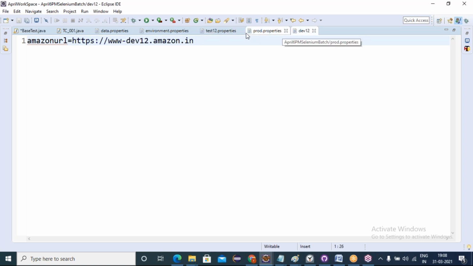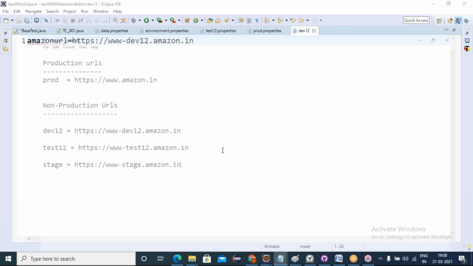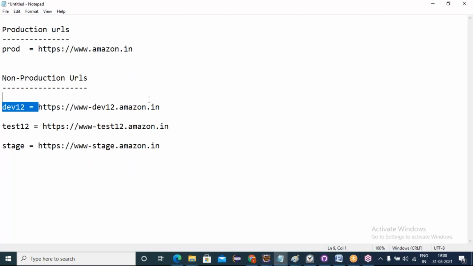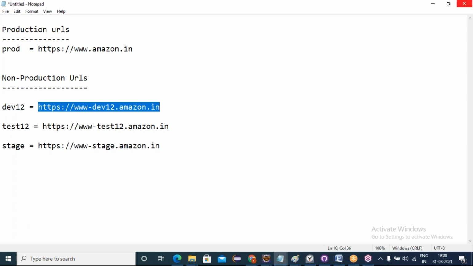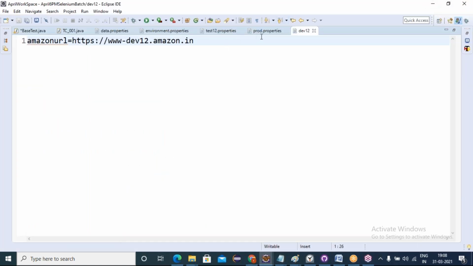One second, what is the issue? You are missing the dot properties for the dev file. What is that? The extension is missing, dot properties.